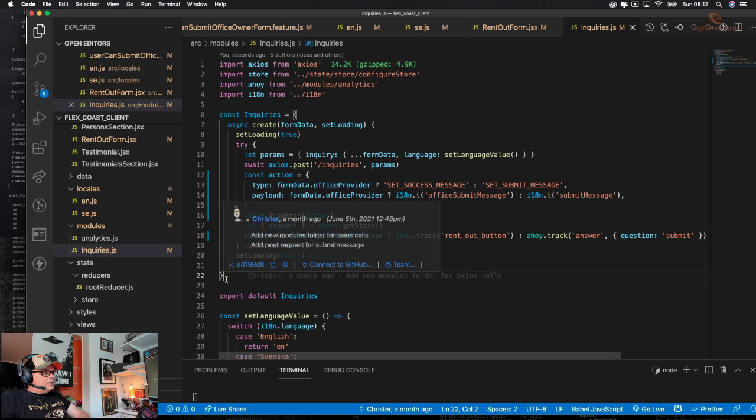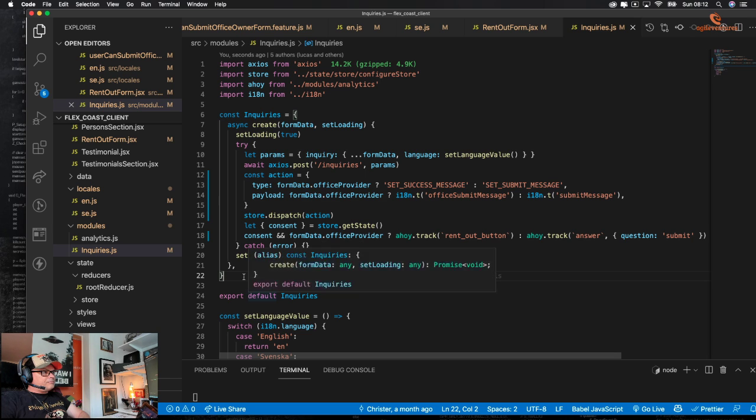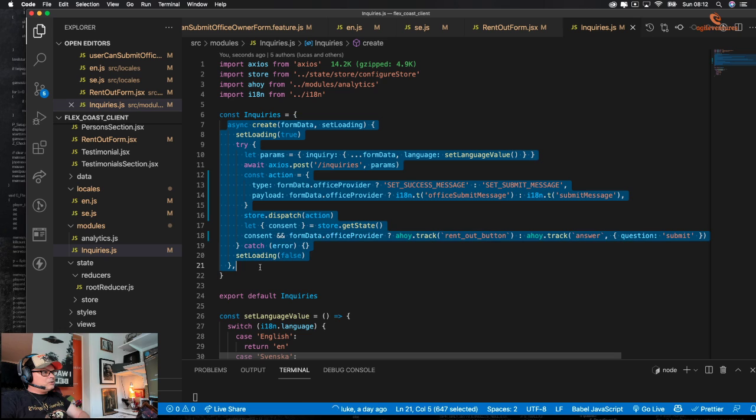Anyway, in a way, this create action looks a bit too much. So this is definitely up for refactoring, in my opinion.